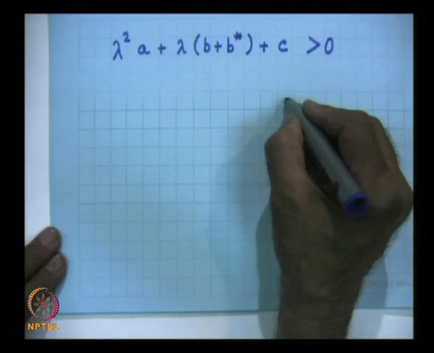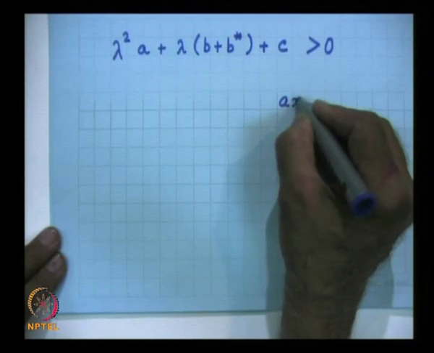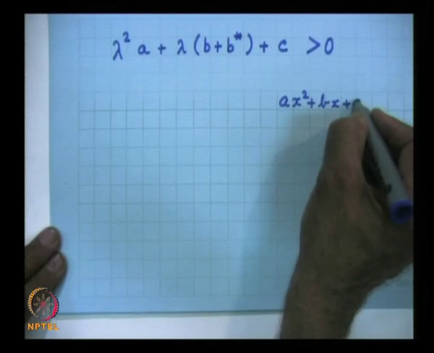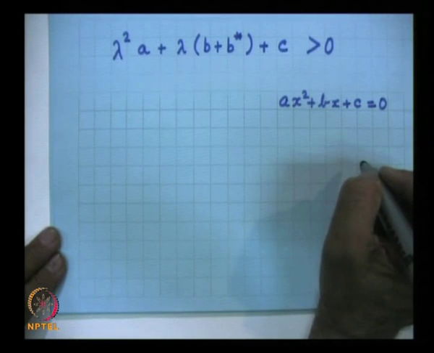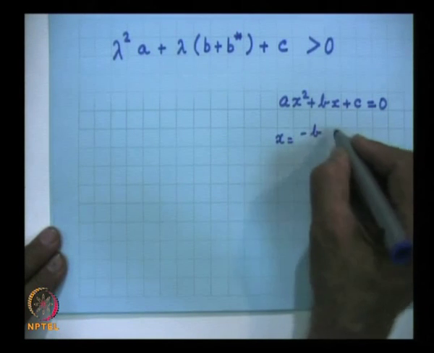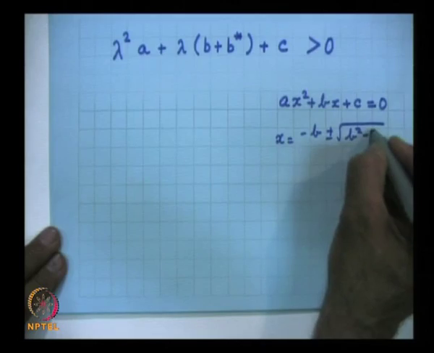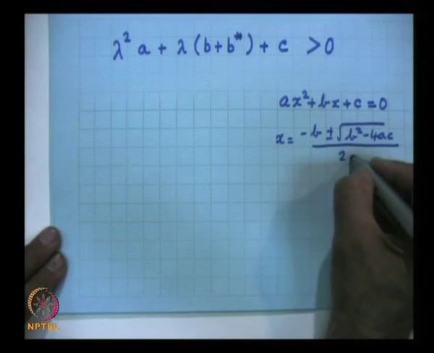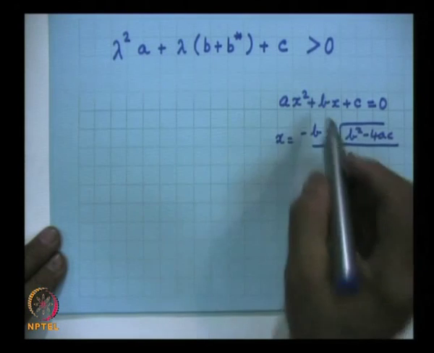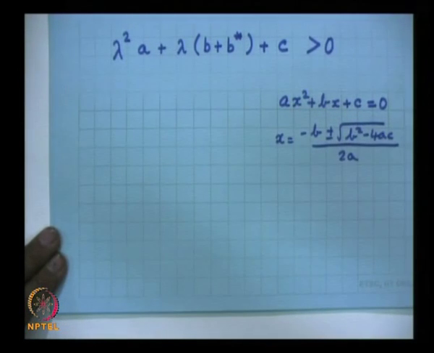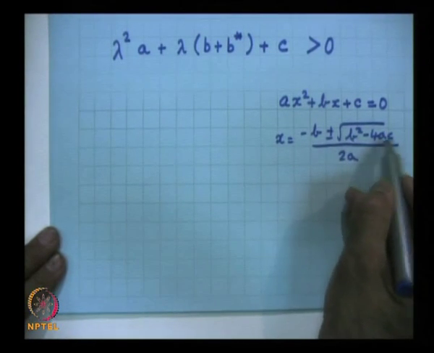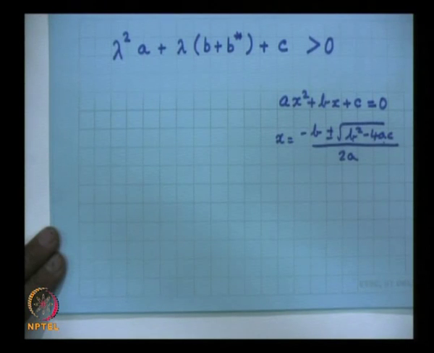as you will know, if I consider an equation like this, a x square plus b x plus c, the roots of this equation are x is equal to minus b plus minus under root of b square minus 4 ac divided by 2a. But if this quantity is always positive, then there are no real roots, and so therefore b square must be less than 4 ac, so that this quantity is negative,